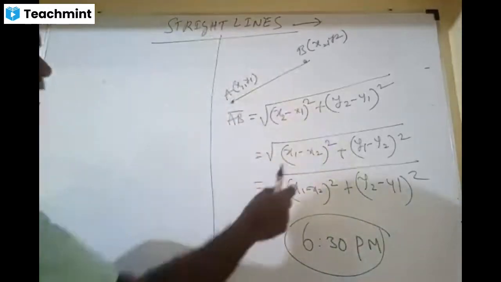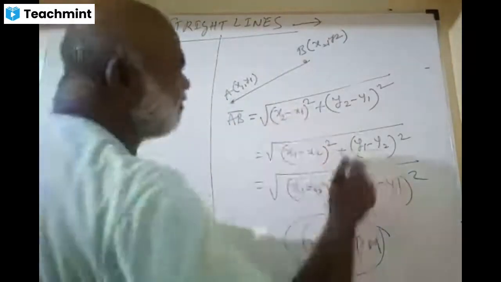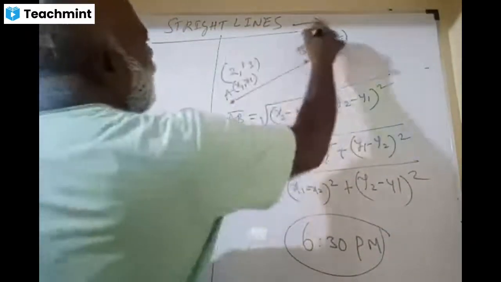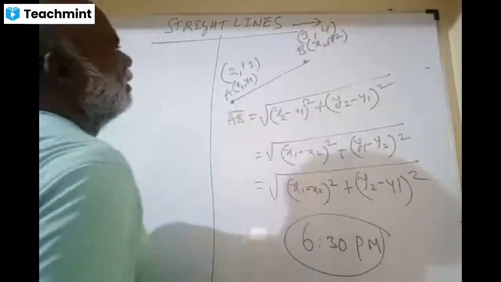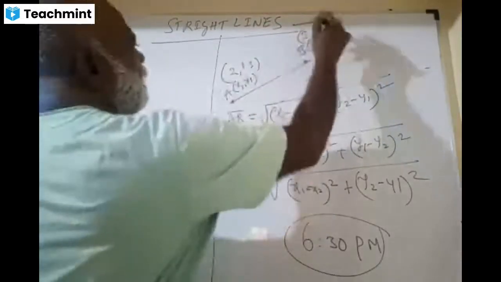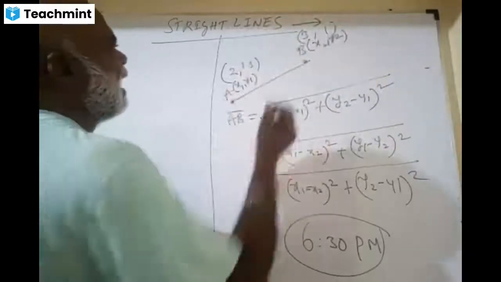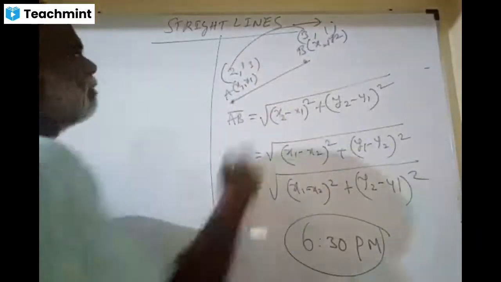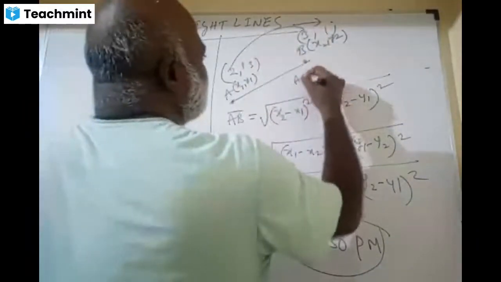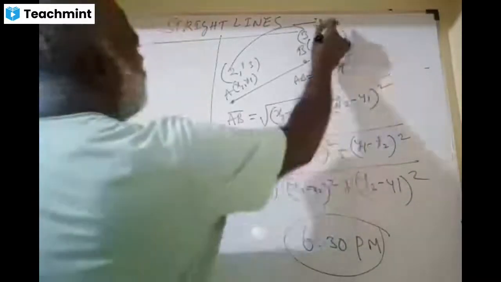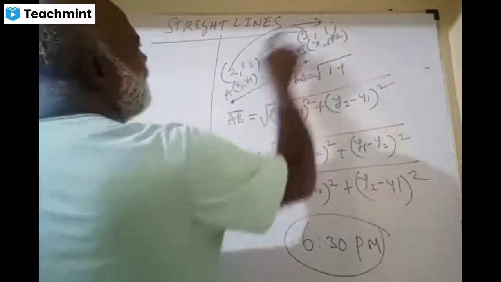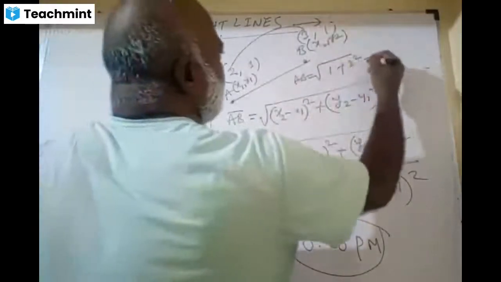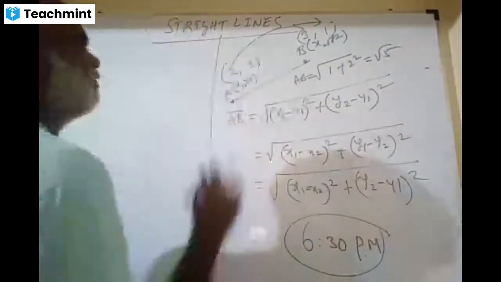So, friends, this we have learned in the 10th standard. The advantage of this variety of writing is, the points are (2, 3) and (3, 4). I can take bigger minus smaller so that I can avoid the negative sign. So 3 minus 2 whole square is 1 square. I am writing directly now: 1 square plus, 4 minus 3... I go like this because 4 minus 2 is positive. So that is 2 square. That is root 5. 4 plus 1 is 5.